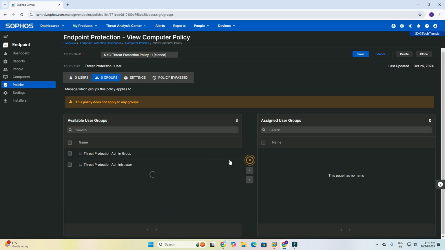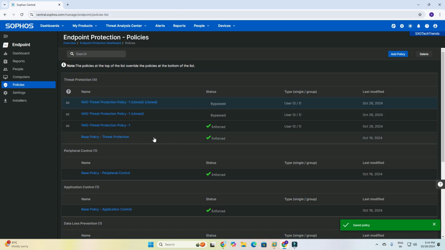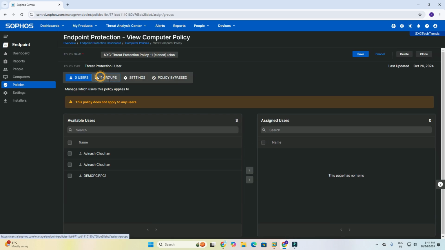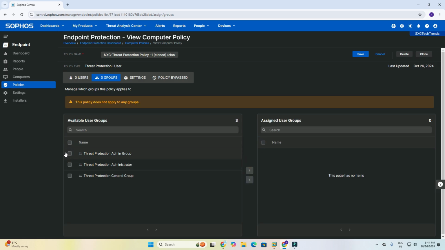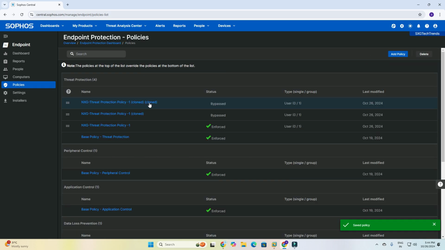First we need to remove here, and then we need to create an administrator group. This is the administrator group. Now I am going to click on save, and after that I need to add the admin group. First we need to click on add group, remove this group, and add the admin group. Now all my groups have a policy group. And now, how to add a user to that group?